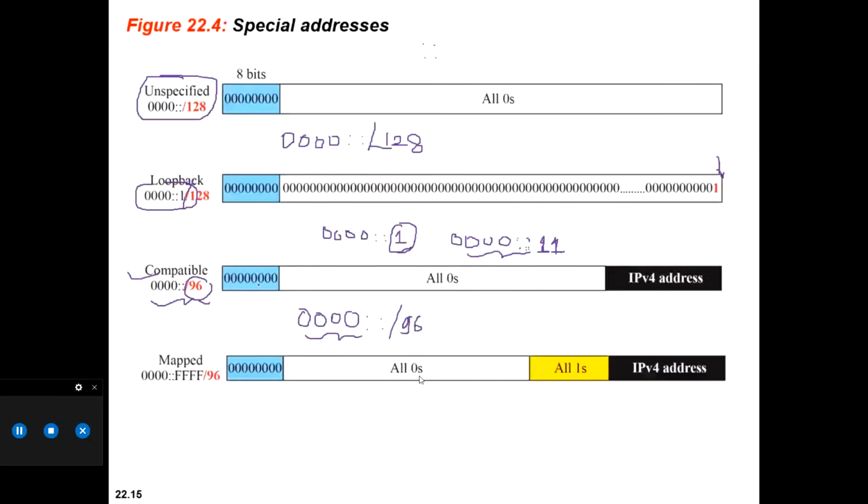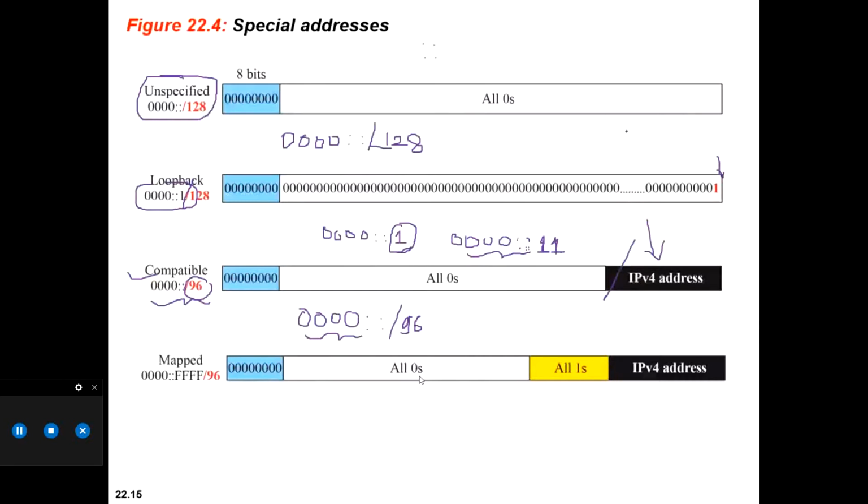And the rest of the things you can put here. That is compatible because IP version 4 is embedded in IPv6. Are you getting what I'm telling? Hello? Archit? Yes, sir. Audible? Yes, yes.